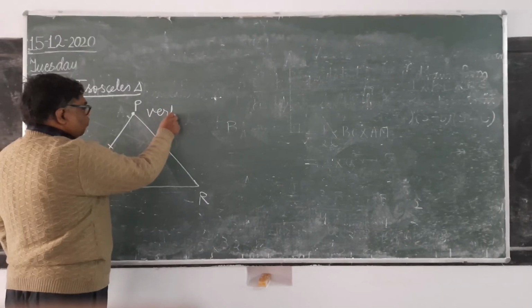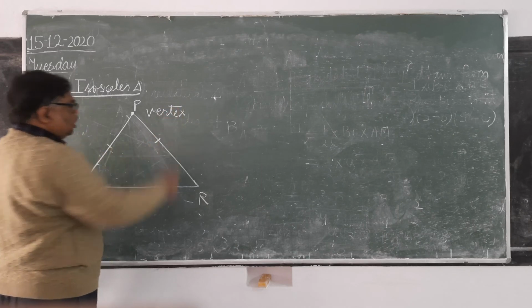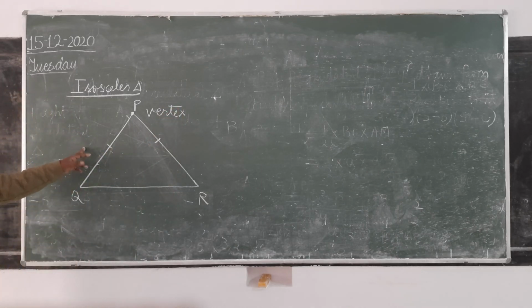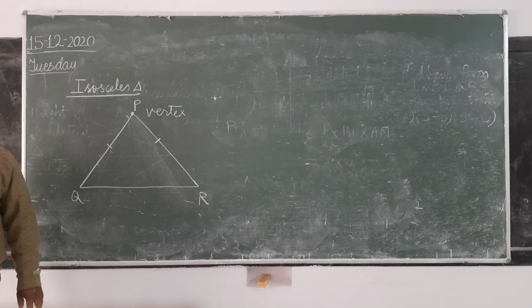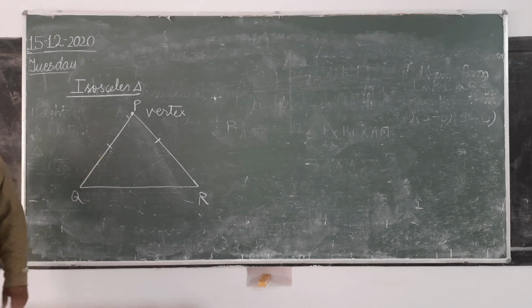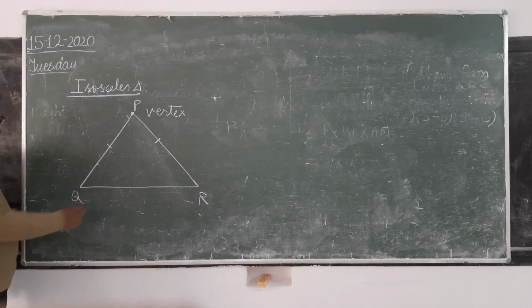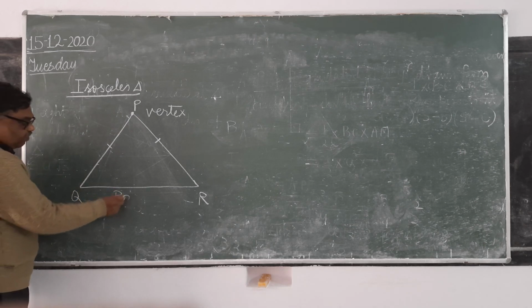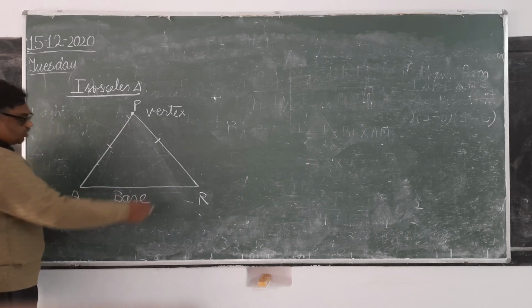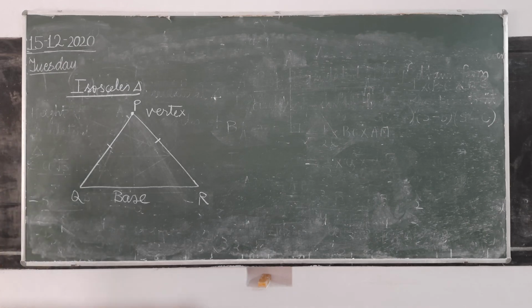The vertex in an isosceles triangle is that point where the equal sides are meeting. We will not take Q as vertex, we will not take R as vertex. This will be taken as vertex. And this unequal side will be taken as the base. So tomorrow I will